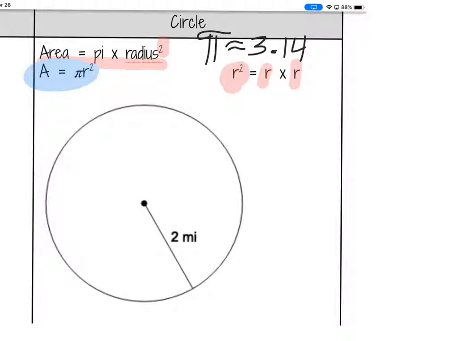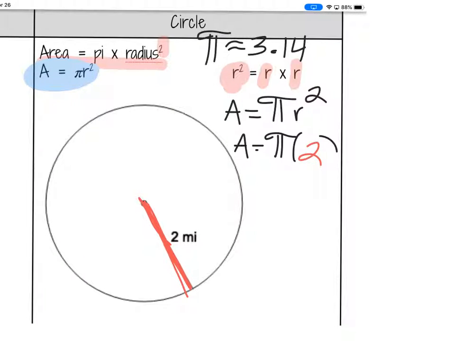So I start by writing my formula every time. Pi times the radius squared. Here's my radius, it's 2 miles. So I'm going to fill that in for r. Area is pi